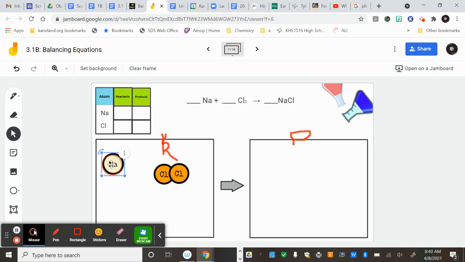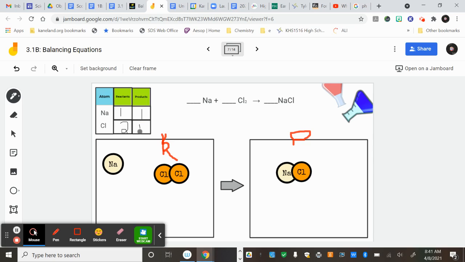And now we want to make a product. Our product is just NaCl. So duplicate the Na, drag it over there, and then duplicate a Cl and drag it over there. All right, so there is our product, NaCl. Now what you want to do is go through the reactants and the products and count the types of each atom on each side and fill it in this box here. So on this side we have one Na and two Cls. Over here we have one Na